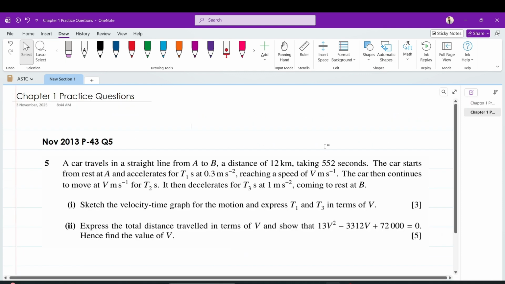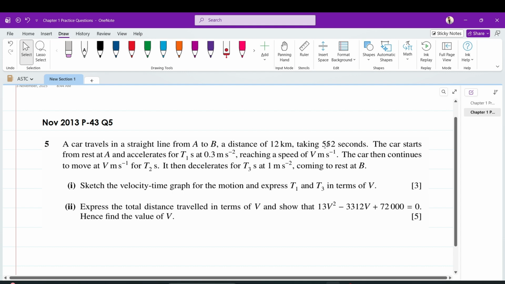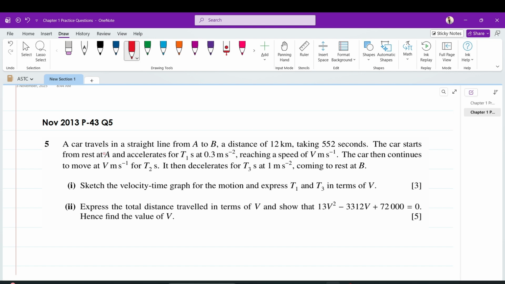Let's move to the second question now. This question is from November 2013, paper 43, question number 5. A car travels in a straight line from A to B, a distance of 12 kilometers, taking 552 seconds. So again, from A to B, we know the total distance, we know the total time. The car starts from rest and accelerates for t1 seconds at 0.3 meters per second square, reaching a speed of